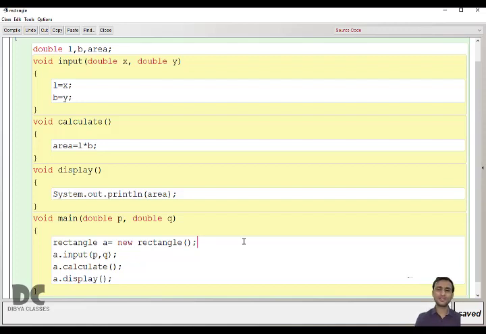Now we'll do the same program using the scanner method. For example, you don't want to use the parameter. Here we have done it using the parameter method. You are taking the input using parameter in the main method. Now we'll do it using the scanner method. In the scanner method, the program will be a little different.